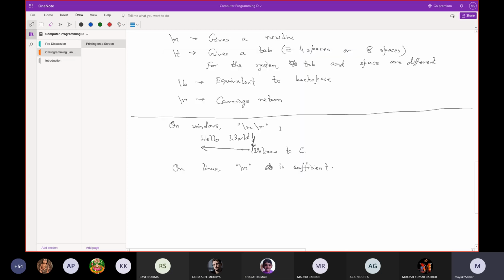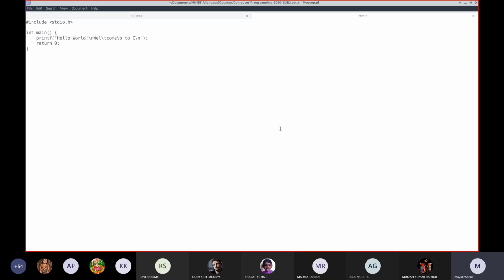So in fact, there are multitudes of several backslash characters, and they carry some particular meaningful value, but it does not work before every character. For example, suppose you write \m or \o.